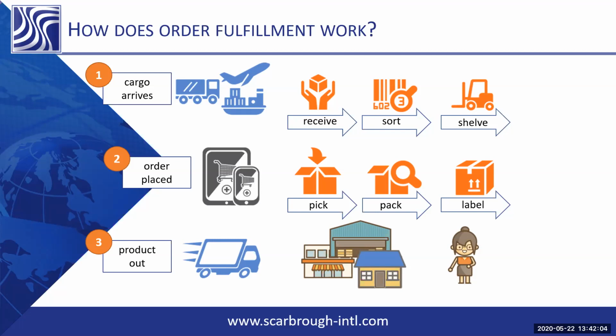Has this been tampered with? Is the seal still intact? So each container or truck will have a seal on it, and that seal has a certain number that comes directly from overseas and is on the documents, whether that's the bill of lading or whether that's your customs delivery order. So you would start that inspection process there. You inspect your seals. Upon removal of the seals, you move into your receiving process where you're directly receiving the